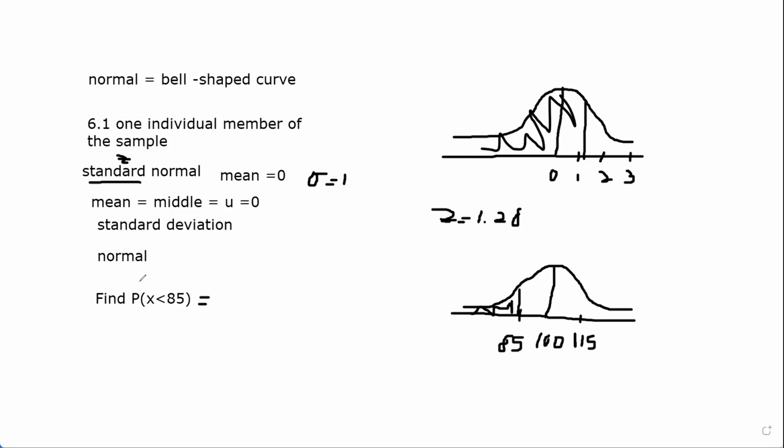Now, this X less than 85, this is not a standard normal. This is not a standard score. This is my X, yes? So this curve is normal. It's not the standard normal. However, it has a mean. It has a middle score. The mean in this example that I gave you is in the middle and it's